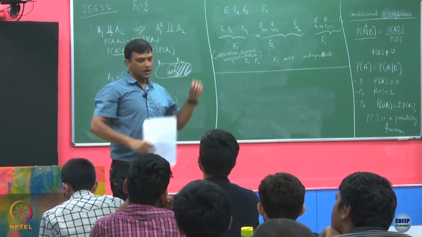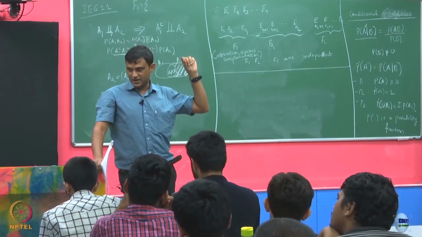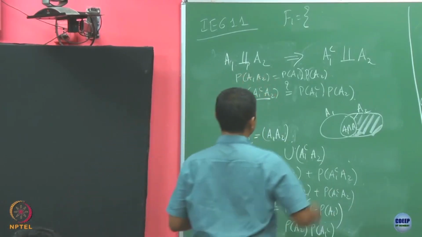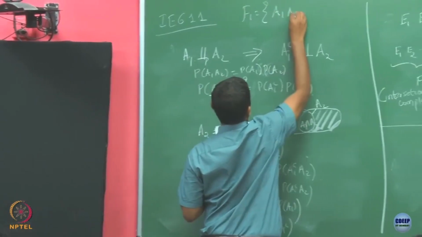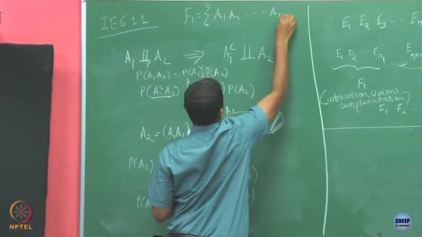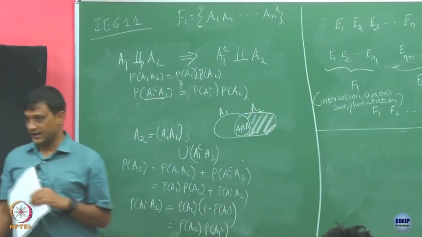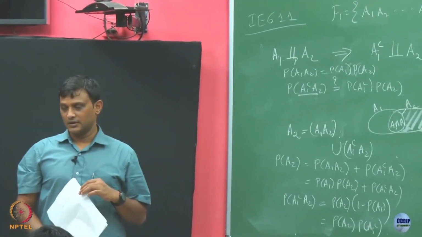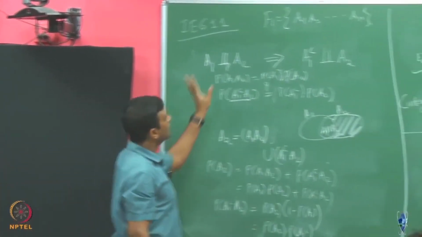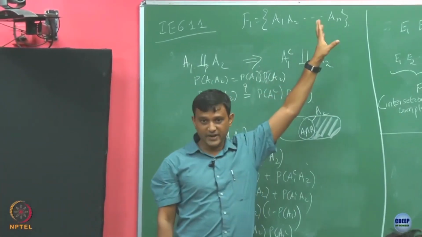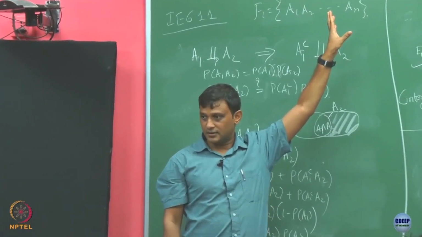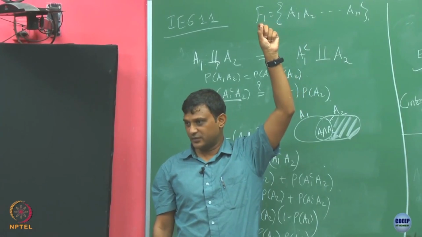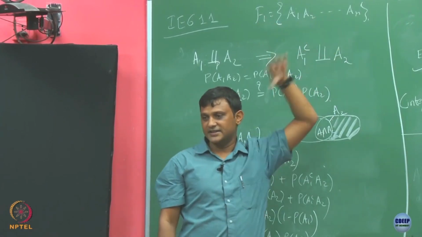Now to define a probability function we need to give a number to each of the elements in it. I do not know how many events it contains, let us say it contains n events. But suppose somehow these events turn out to be independent, I only need to define probabilities for each of the elements in my sample space. For the others I can just multiply